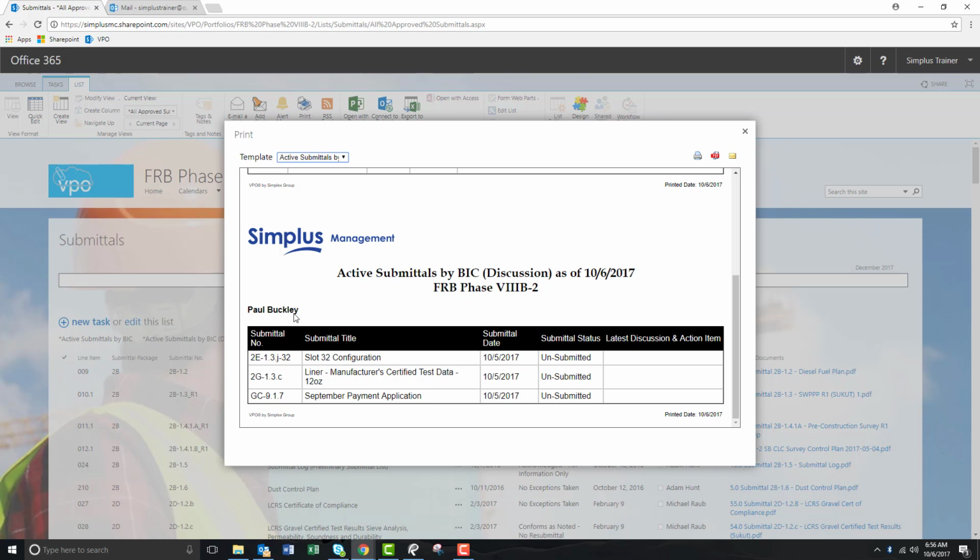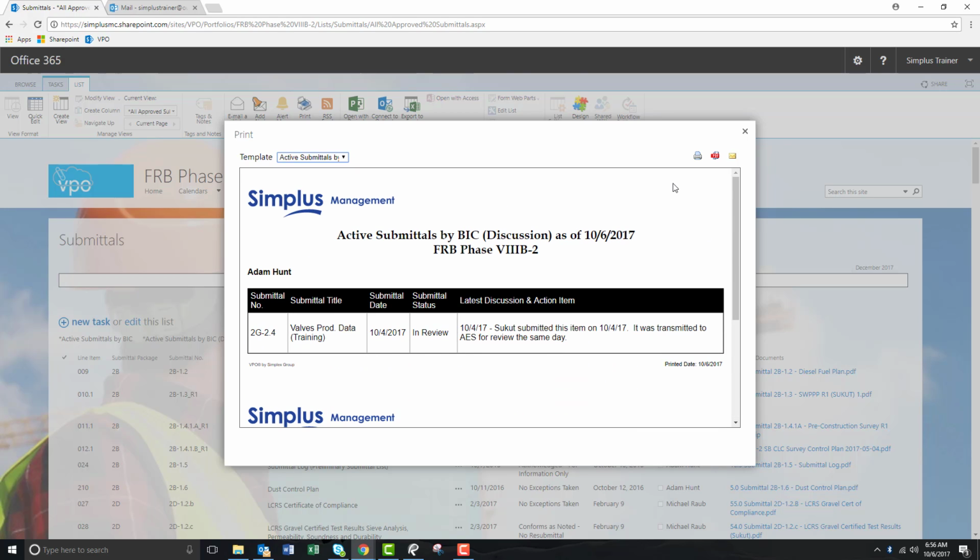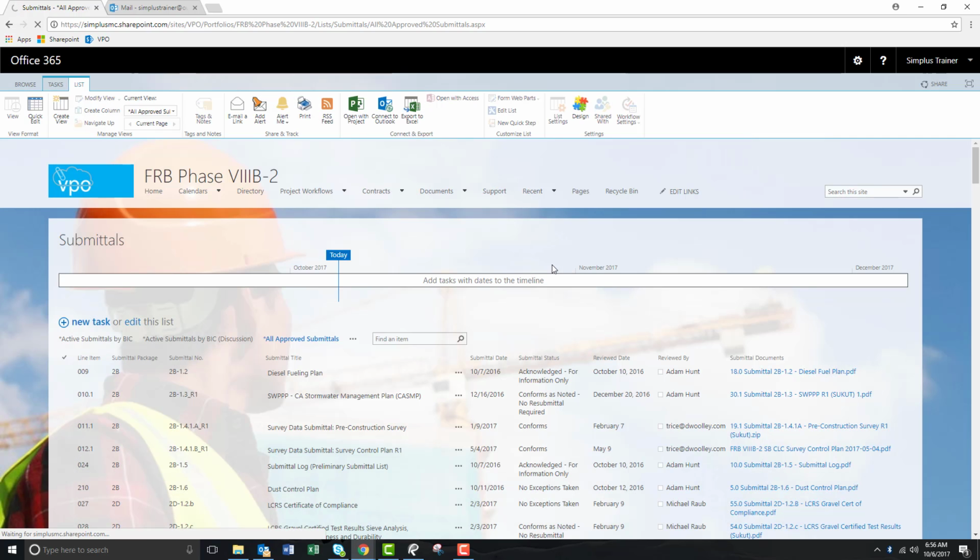You'll see who has each of the open items. You can click the PDF icon here and save it as a PDF on your desktop, or print it from here also. You can also email it to any coworkers or anyone that would be interested in it as well. So that is the printing options,